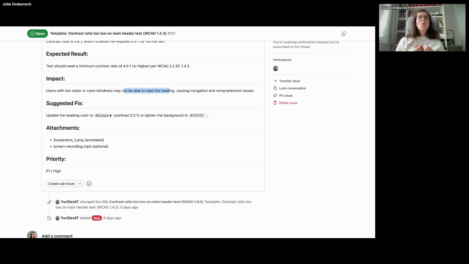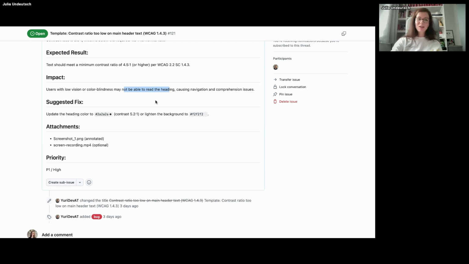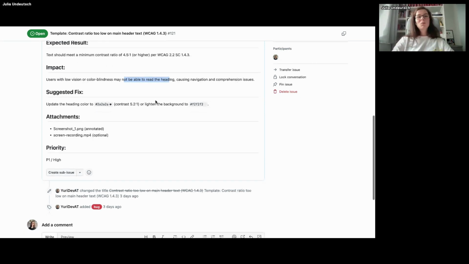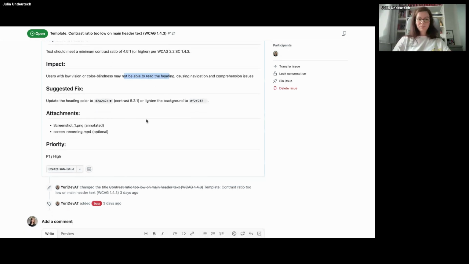So this is always why I write very detailed issues, because I hope they learn from the next issue what they have to think about, and someday they won't need all this detailed explanation anymore. Yeah, but in the beginning it would be great to make it as detailed as possible.